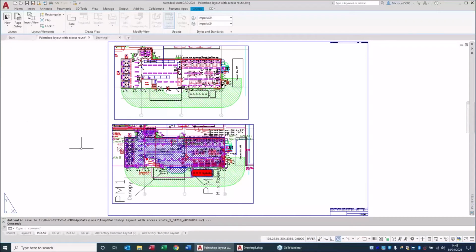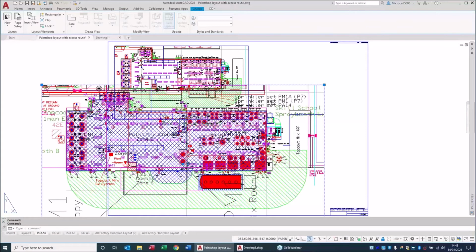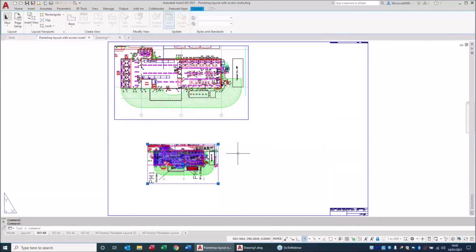Okay, and it's just like any other viewport. Click on it, the one in the middle there, change the scale to 1 to 50, or pick the view, change it to 1 to 200. You know, it's just the same as before. It's nothing different. It's just a different way of creating viewports. Brilliant. Right. So that should resolve a few issues